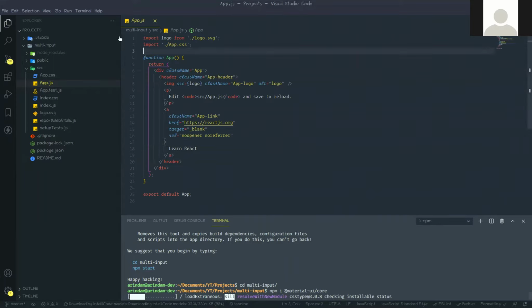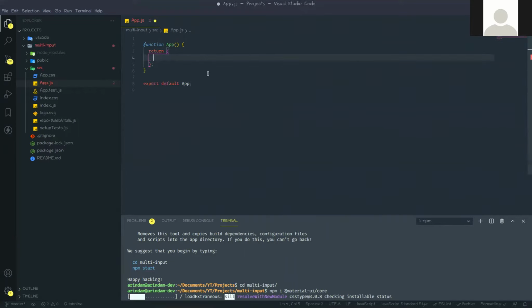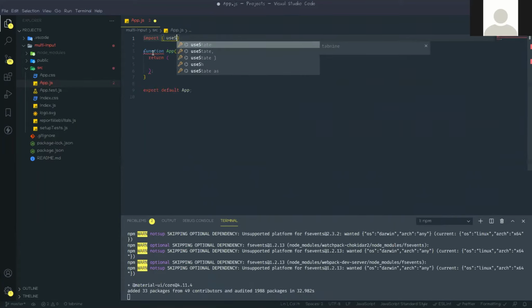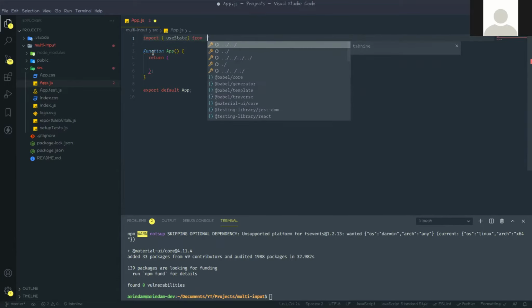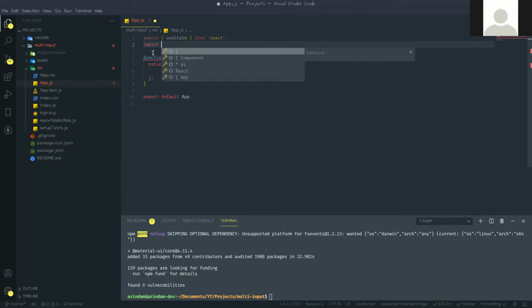Okay, so now first we need to clean this App.js. So we don't need these things. Also we don't need this here. First we need to bring useState. So import useState from React. Okay, next import some components from Material UI that we are using right now. Okay, so we will use Container.